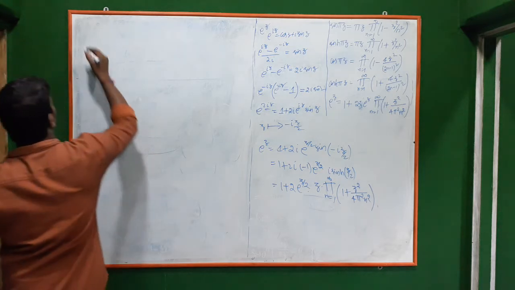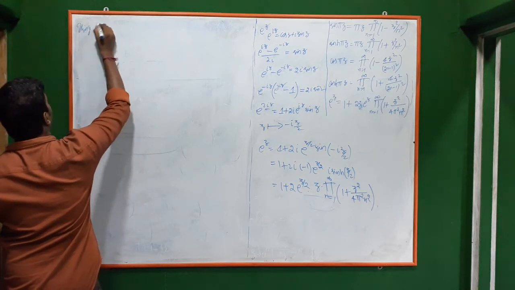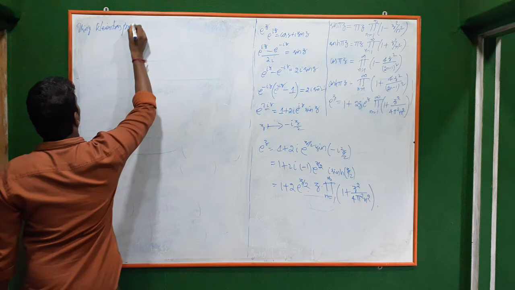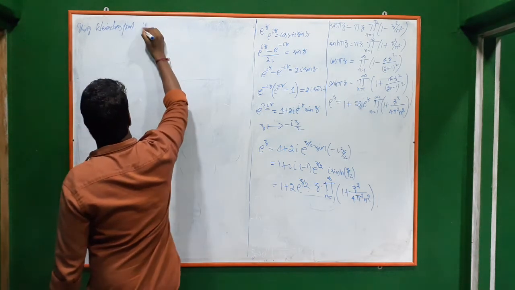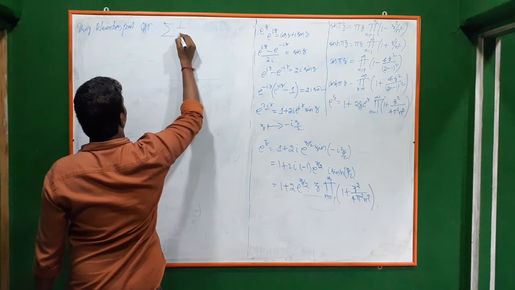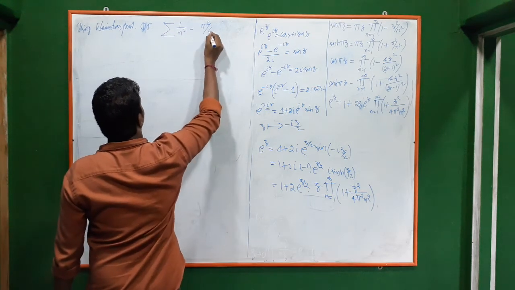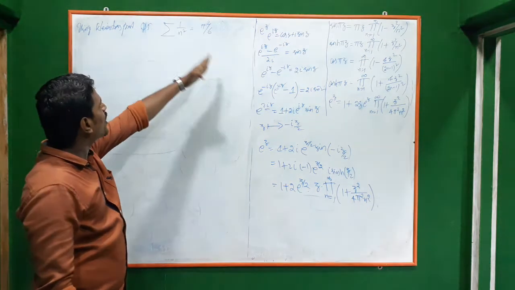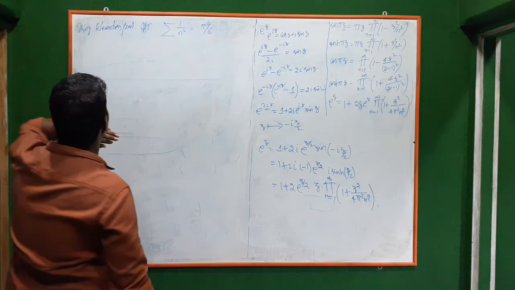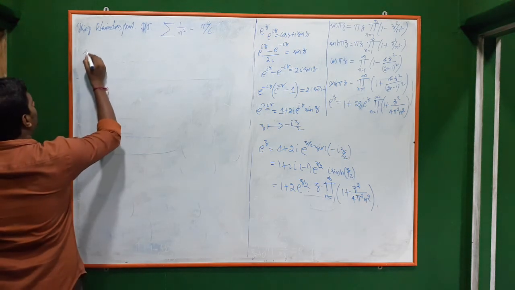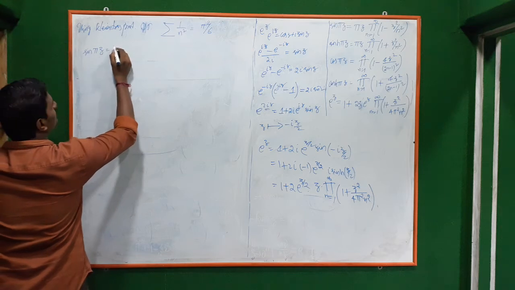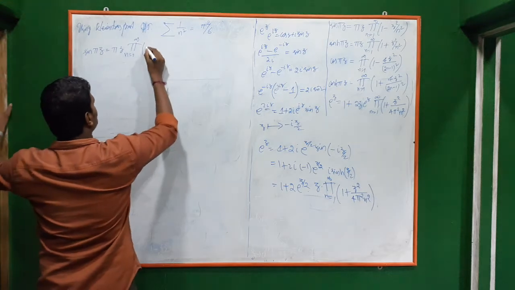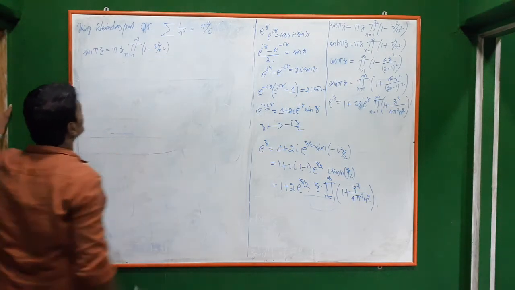Next, using this product theorem, using the Weierstrass product, prove that summation 1 by n square is pi square by 6. This series value we have found in many ways. Here, by using the product also, you can find the value of this series. Use sin pi z, which is pi z into the product n from 1 to infinity of 1 minus z square by n square. Use this.